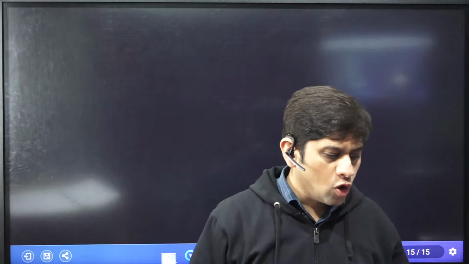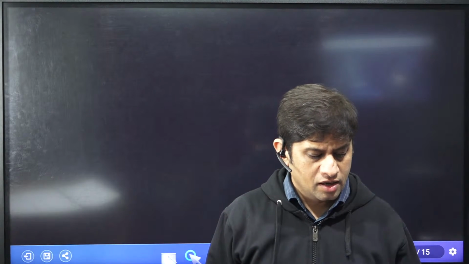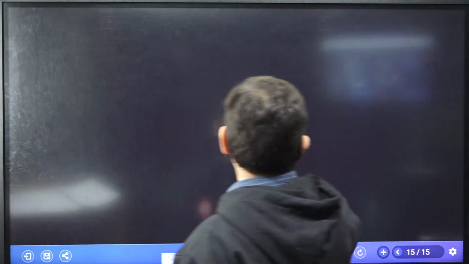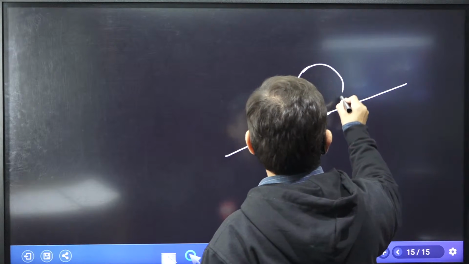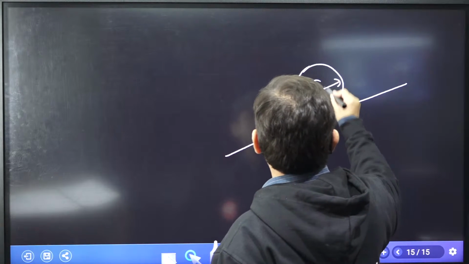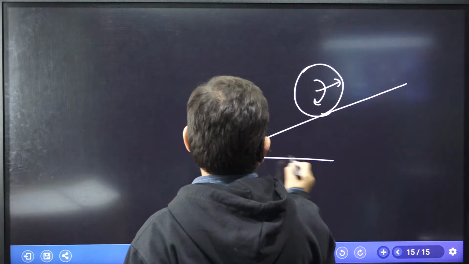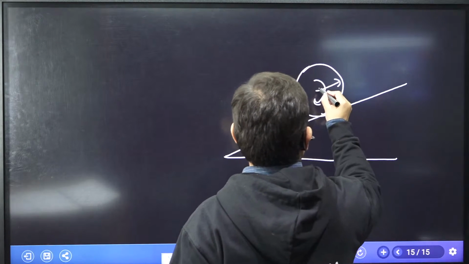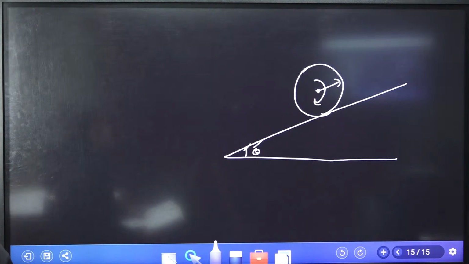When a body rolls without slipping up an inclined plane, listen to this question carefully. This is how the body is moving. There is a roller body which is going up the plane without slipping. Frictional force is